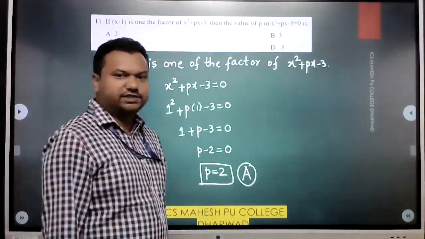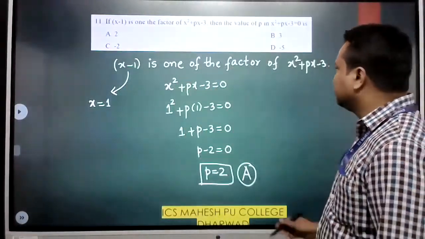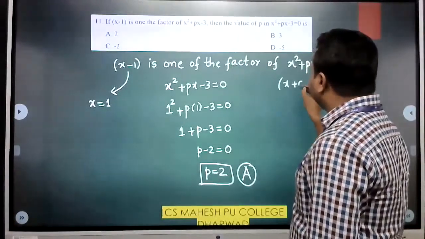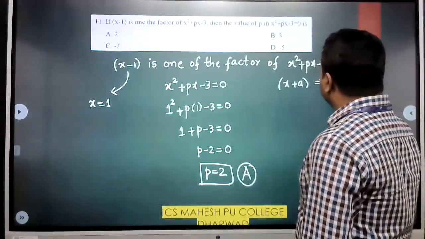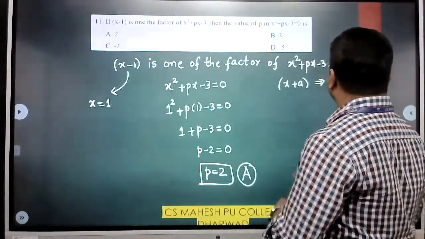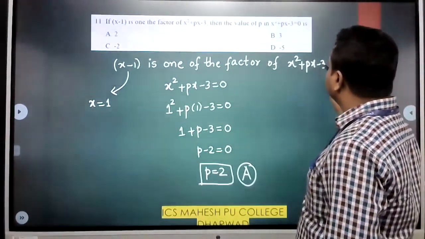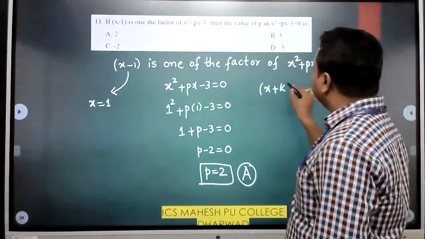Clear? Option A is the right answer. So what is the trick you can understand from this example? Always remember, if x plus a is a factor of ax square, let me take some other variable because you should not get confused. X plus k is a factor of